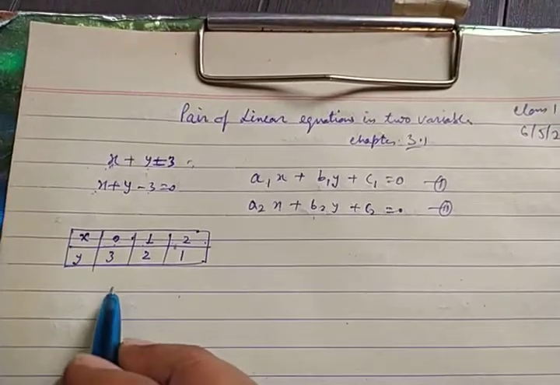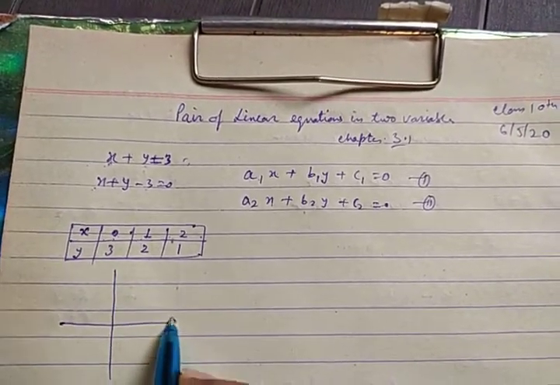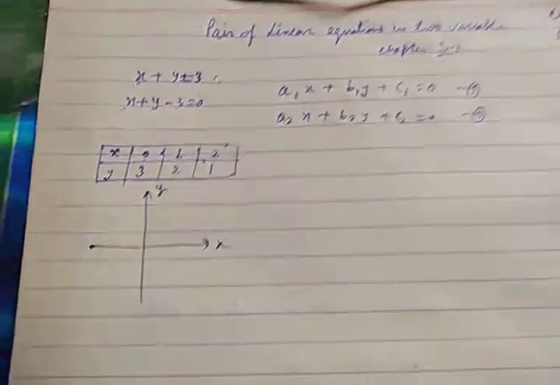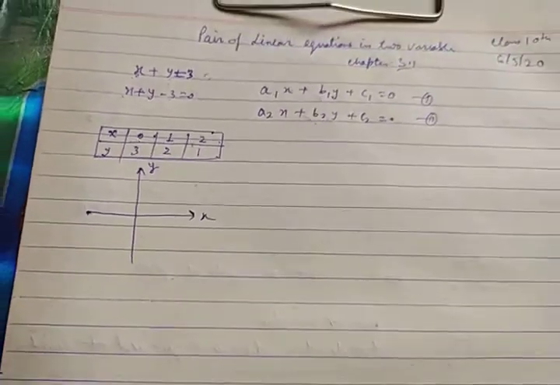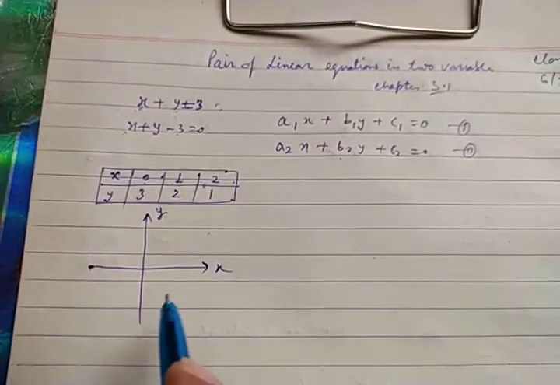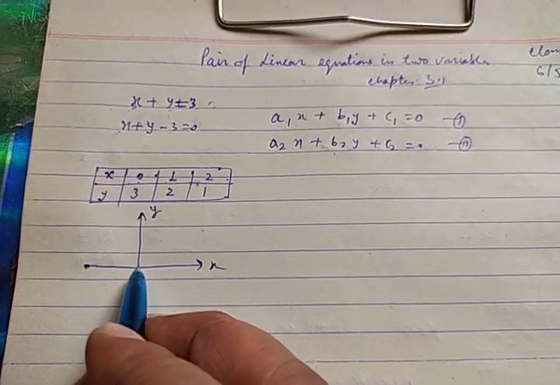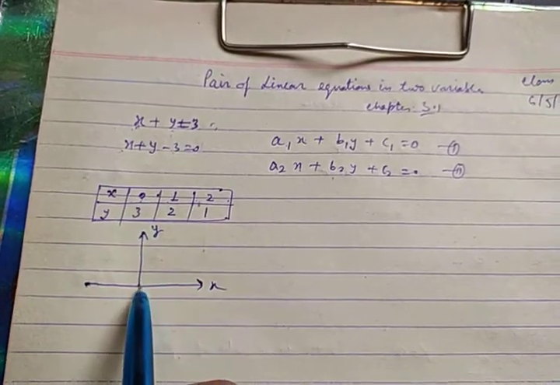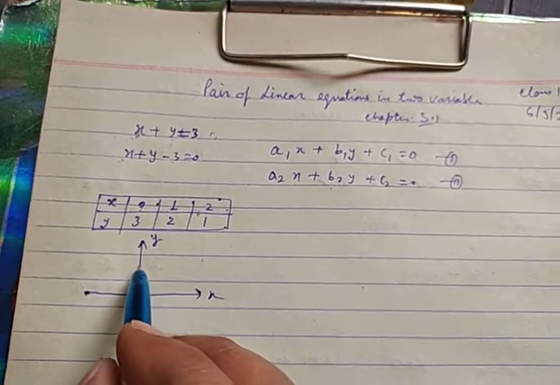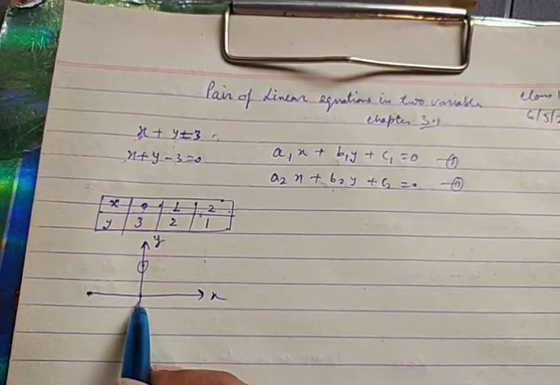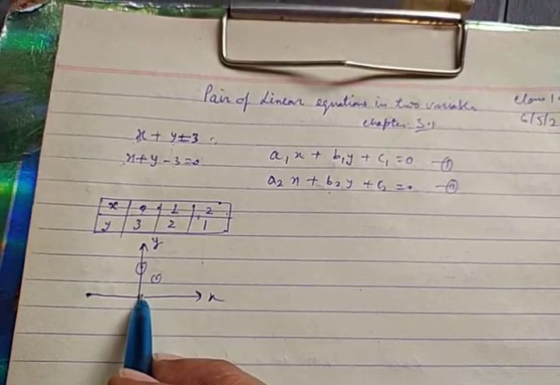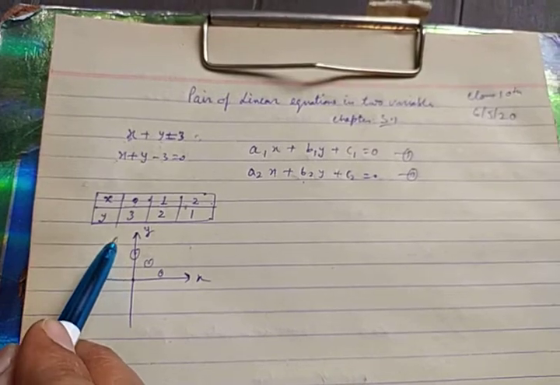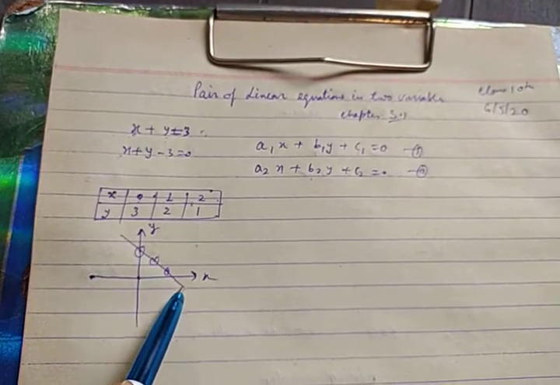And on the graph paper you will draw the xy axes. For the sake of recap I am telling you, and for proper understanding you should go to your class 9th book. This would be your origin, and you have to plot the points. It is 0, 3. First you measure x 0 and y 3. Suppose it is coming here. 1, 2 would be this place, and 2, 1 this place. These 3 points you are getting. Simply with the help of a scale you will draw a line like this.